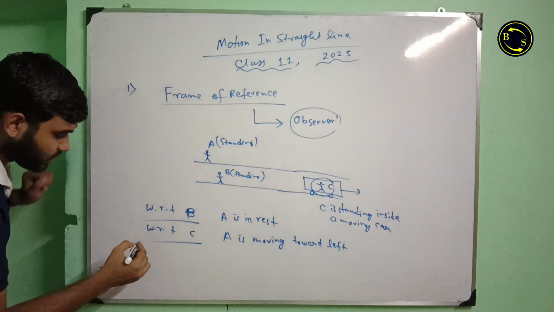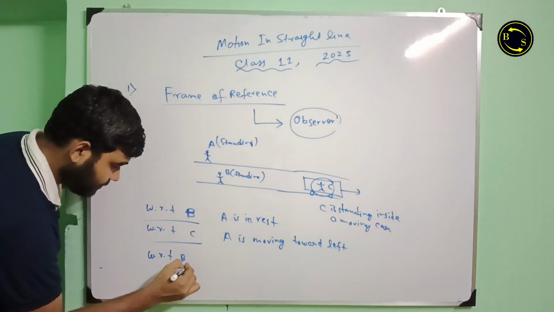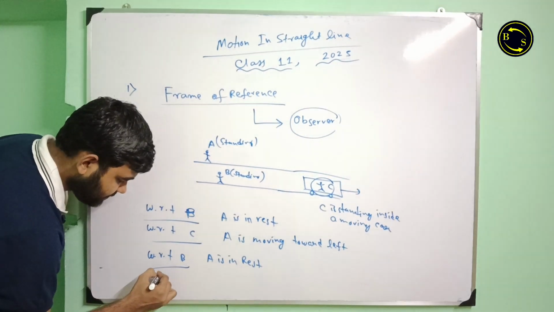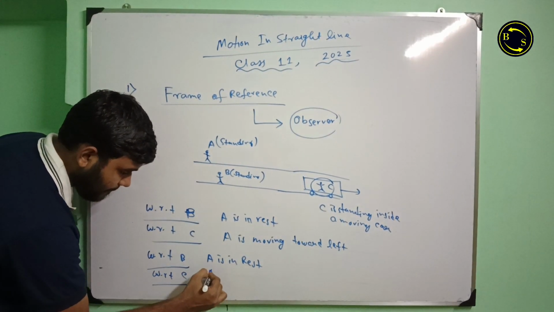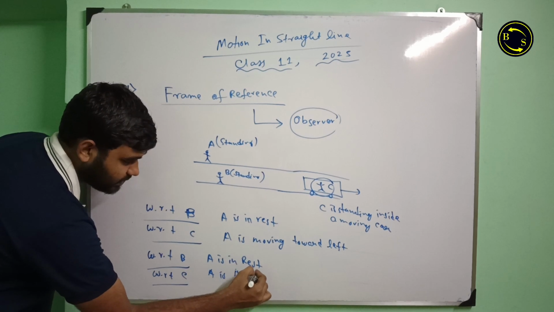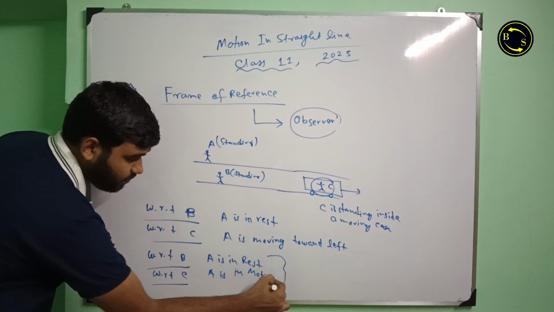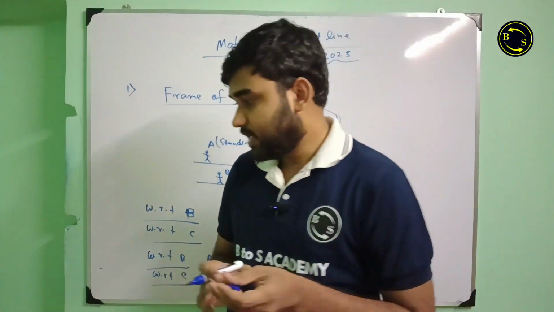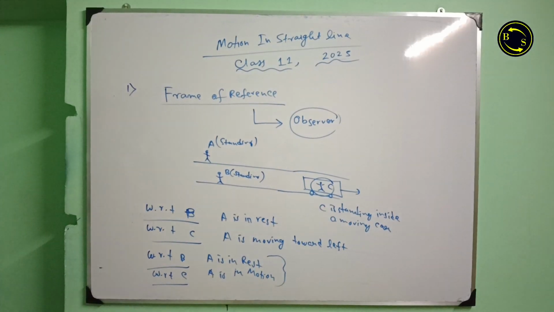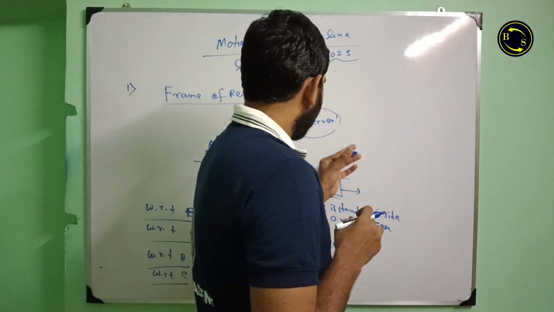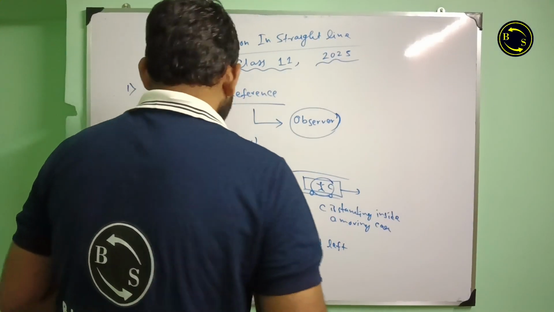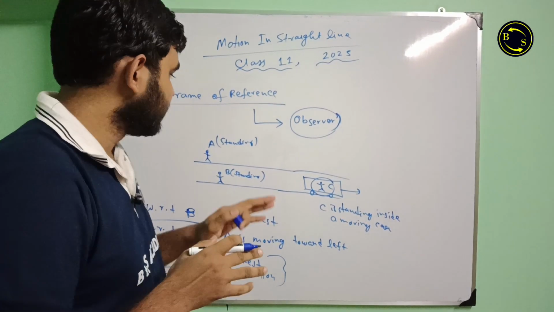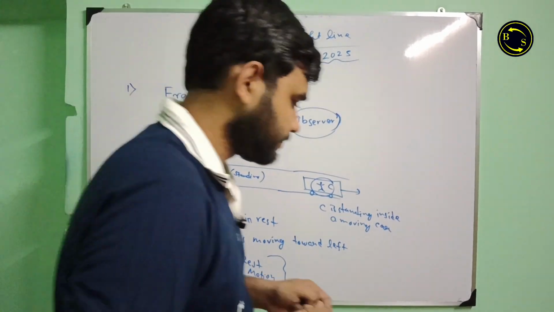Then with respect to B, A is in rest, and with respect to C, A is in motion. Okay, from this we can conclude that when the frame of reference changes, then the motion or rest of the body changes. Okay, the motion position or the rest position of the body changes. Okay, next হচ্ছে